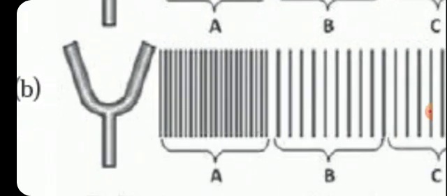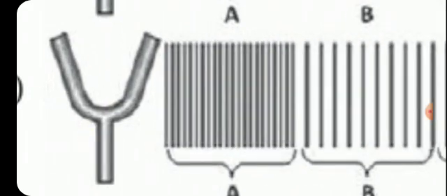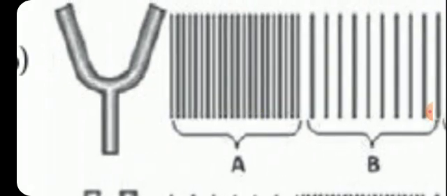If the stem is kept steady and the prongs are struck, the prongs are set into vibrations. It means that they are set into periodic motion in forward and backward direction. If during the vibration, the prongs of the tuning fork go away from each other, as you can see here clearly, the air which is outside the prongs is compressed and the pressure there increases. Such a state of high pressure is created in the region A in this figure.